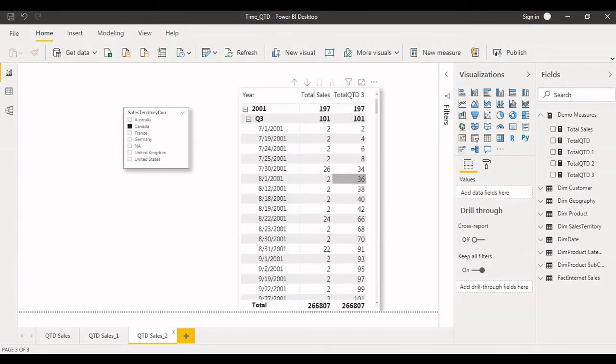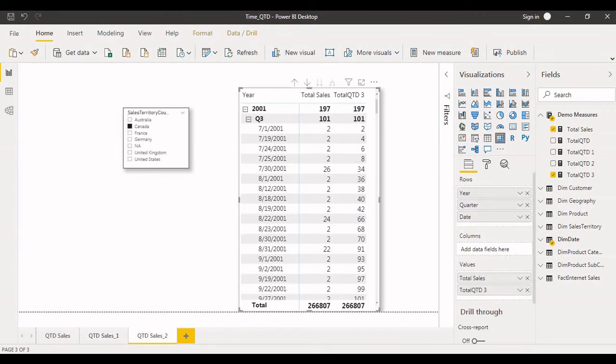We'll go to a different page. Here we can even add some kind of filters. For example, if you want to see the quarter to date for a specific country, or region-wise, we can find the quarter to date. Like that, we can add filters to that measure also. So how to do that? I have created a separate measure for that also, total QTD 3.